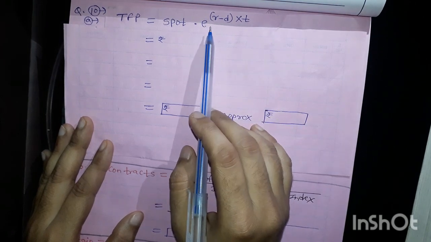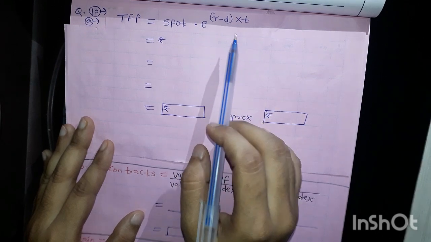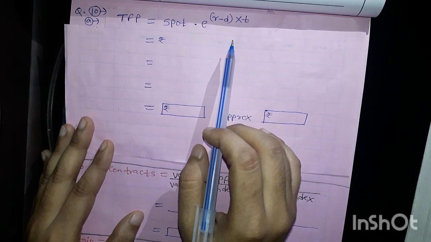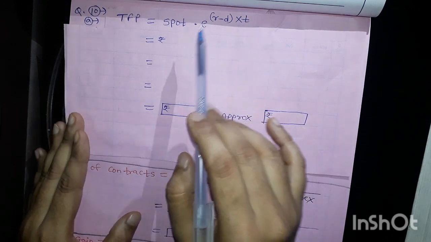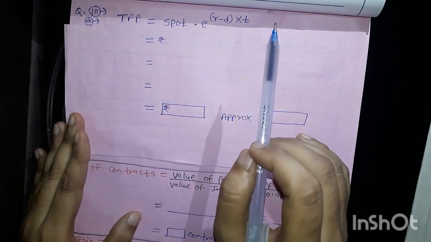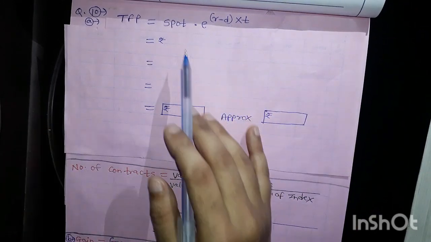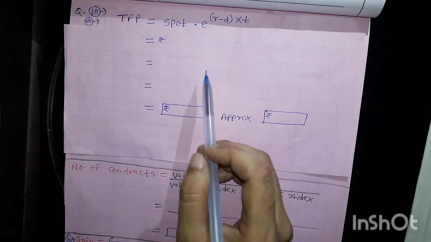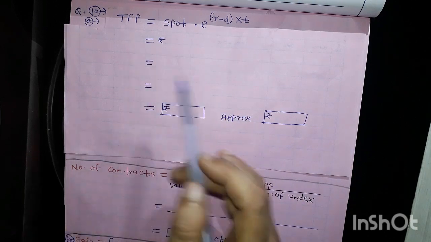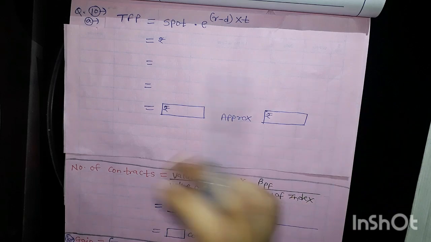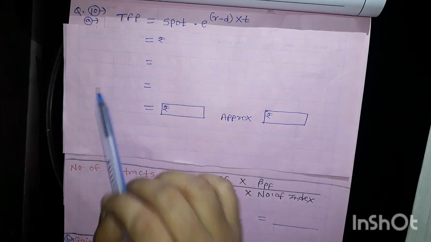Okay, in that present value, how to find out the present value of dividend? So dividend amount divided by e^RT_D, it means rate multiplied by time period for the dividend. Normally that formula we use if this T, the T in spot multiplied by e^RT, the time period is different, and our dividend time period is different. So we use that present value formula if there is a difference in the time period. If dividend time period is different and the normal theoretical forward price calculation T is different, in that case we use those formula.